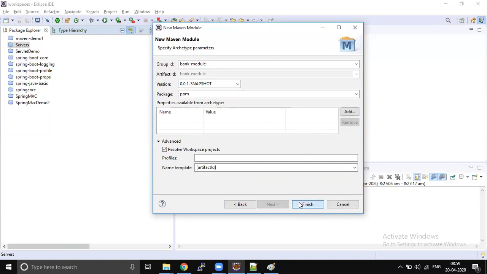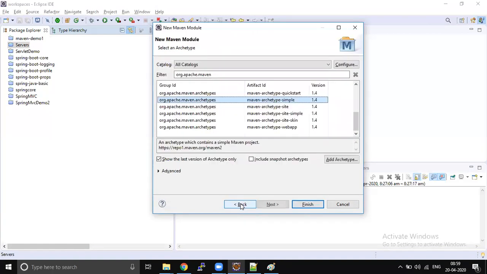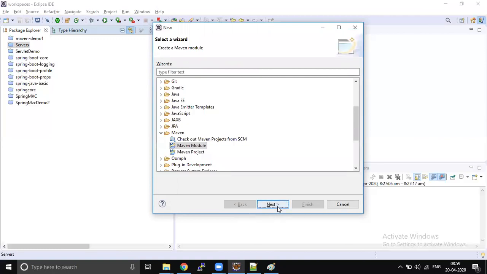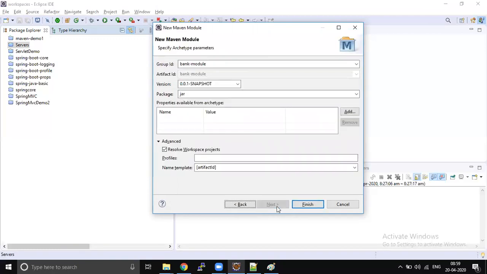Okay, you can just try this. The module will be created automatically. Maybe a Maven project is required before the module. No, module is the starting point when we are starting with multi-module.